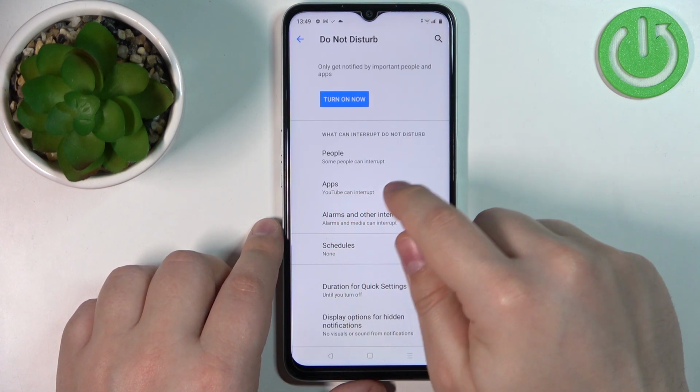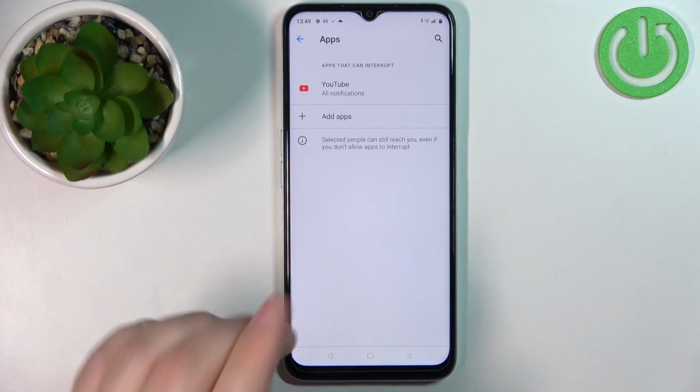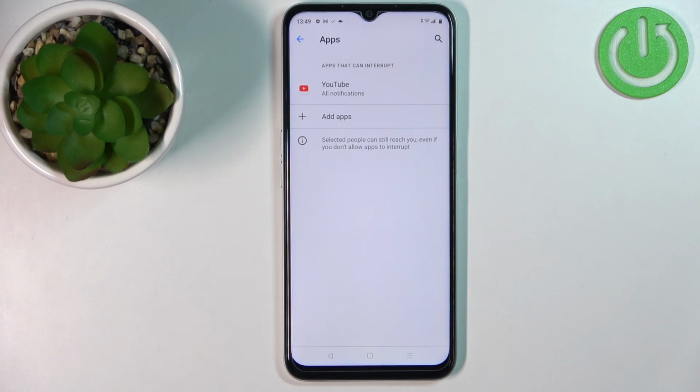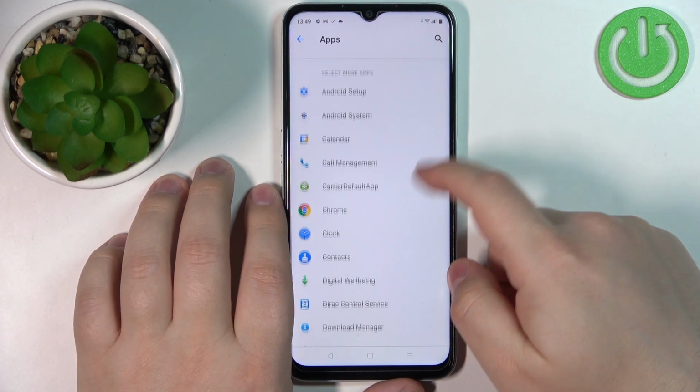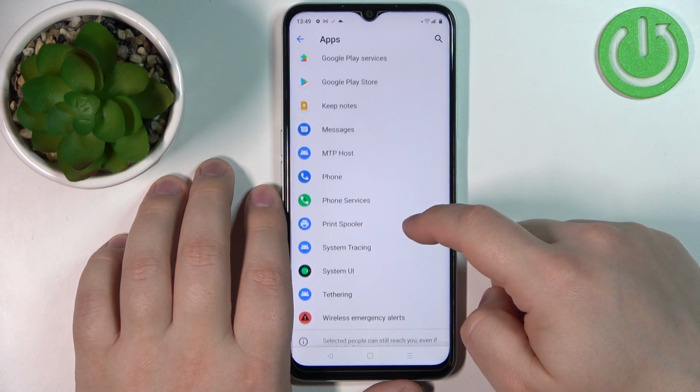Next we have apps in the what can interrupt Do Not Disturb mode category. And here we can add the apps that will be able to interrupt and ignore the Do Not Disturb mode. As you can see, I have YouTube on the list, but you can add or remove apps by tapping on Add Apps. Now you can select the app from the list, for example,